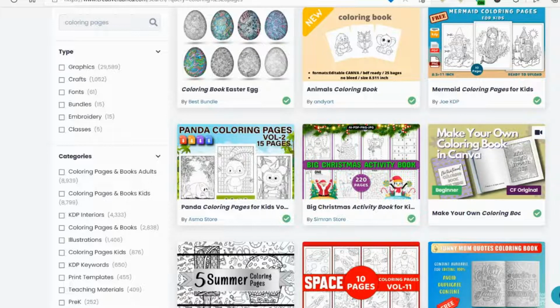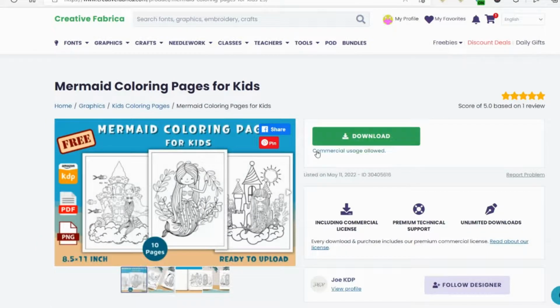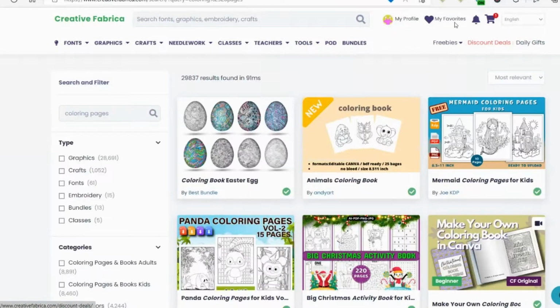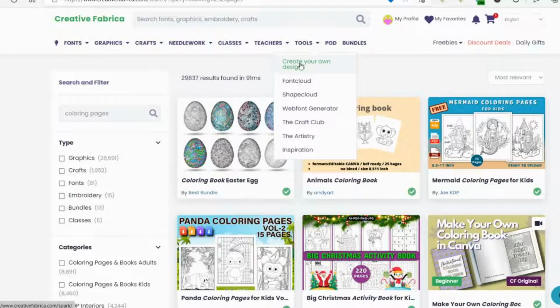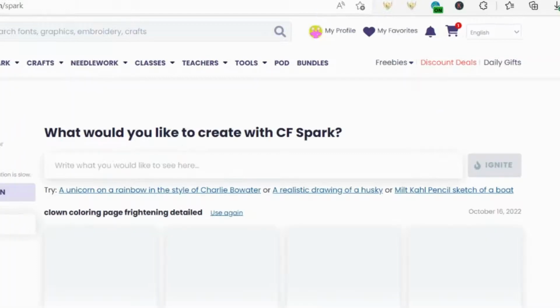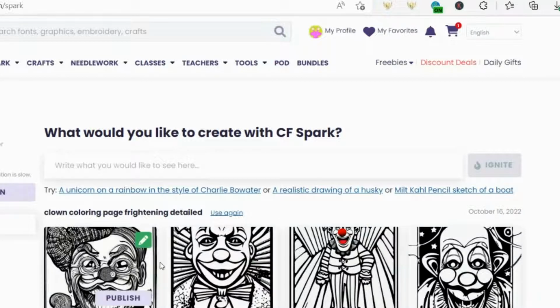Okay, now this information might be quite annoying if you found a design that you really love and then discover it only has a commercial license. So looking at this one, it does only have commercial usage allowed. Now, the reason I question this is because Creative Fabrica has a new tool where you can create your own designs. So if I was to go onto this,